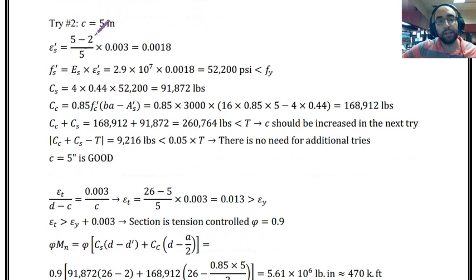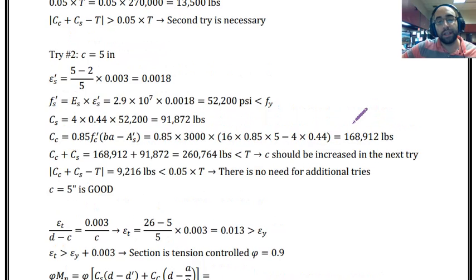Then I have to use this C value for finding A and putting it in the equation for compression force in concrete. That is happening over here. A is just 0.85 multiplied by 5. That will be definitely smaller than 6 inches. So the compression block in the second try is also in the bottom flange of the section, which makes the solution easier. But putting that in the equation, you can see in the second try, compression force in concrete is about